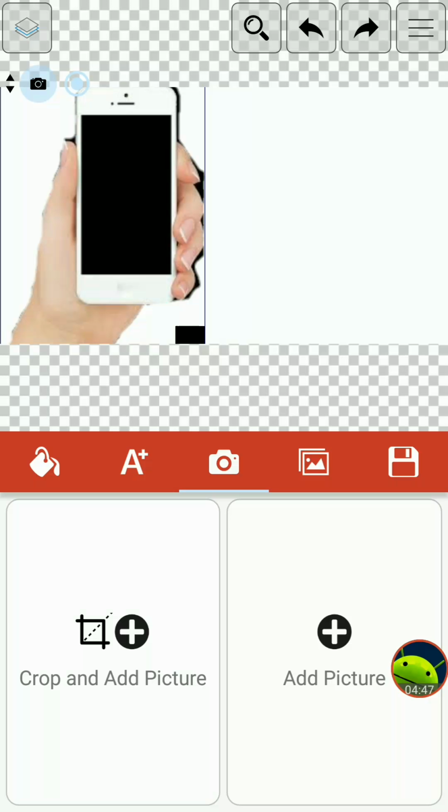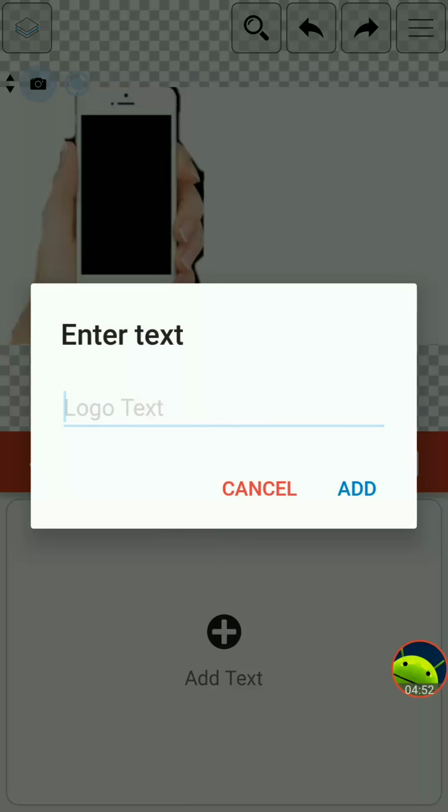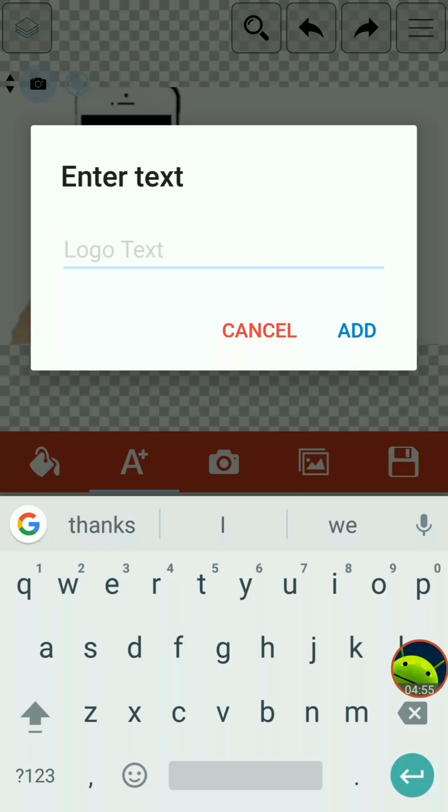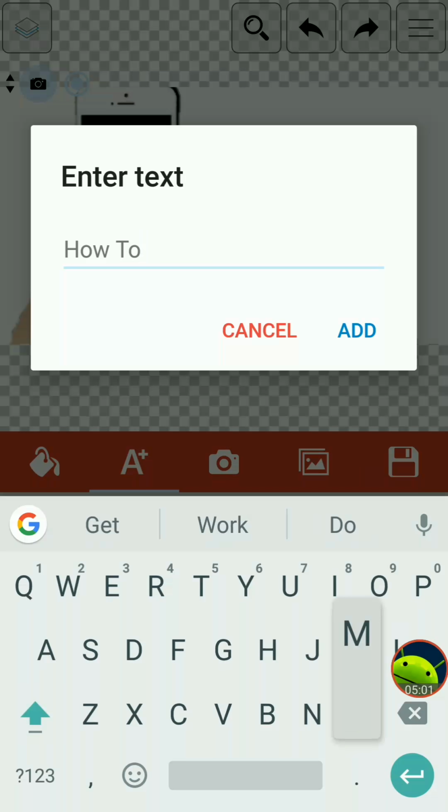Now this space over here to the right that's blank, I'm gonna use that for text. And so what I'm gonna do is, I'm gonna title this video "How to Make